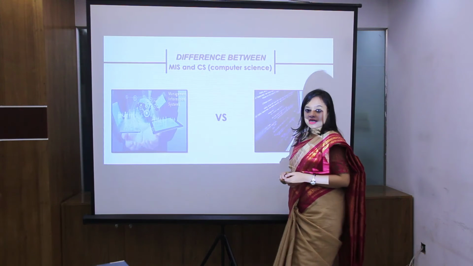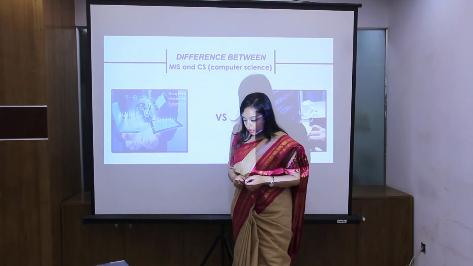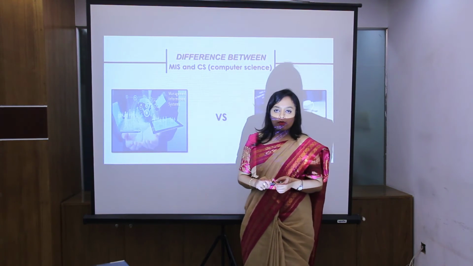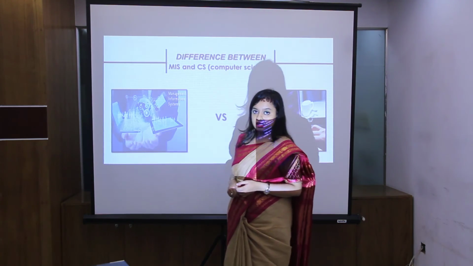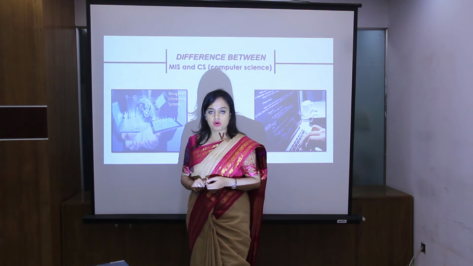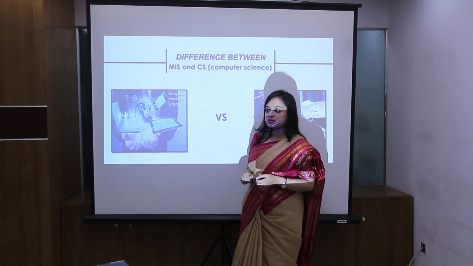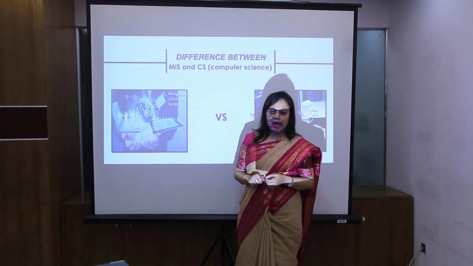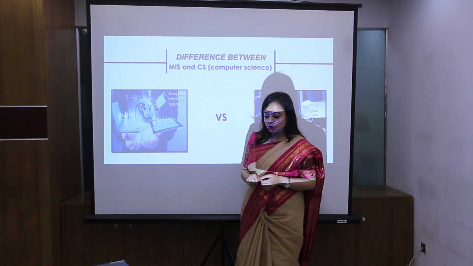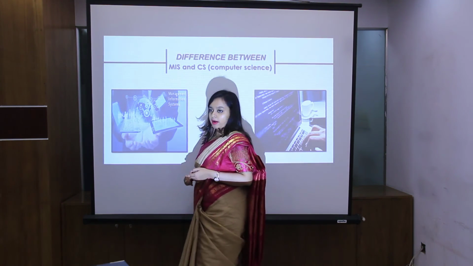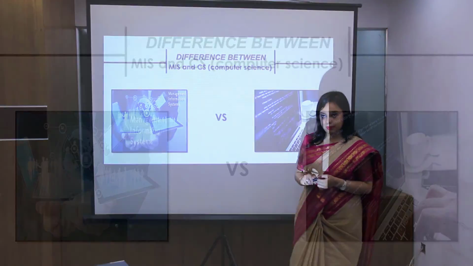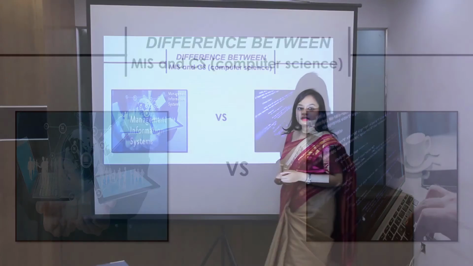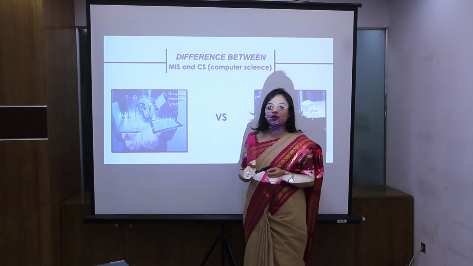While talking about MIS, I think this is an important issue. Some people mix up MIS with computer science, but are they actually similar or not? They are not similar. There is a huge difference between MIS and computer science. Computer science is based on the development of software, and MIS starts with developed software, identifies business requirements, and makes the best use of it for organizational purposes. That means MIS focuses on the organization and computer science focuses on software.